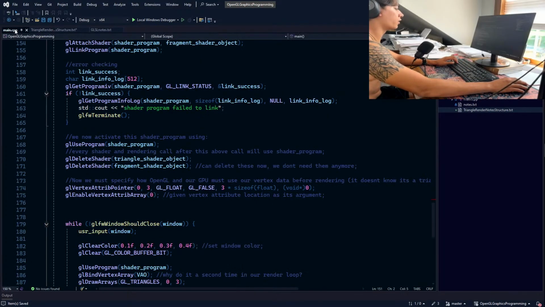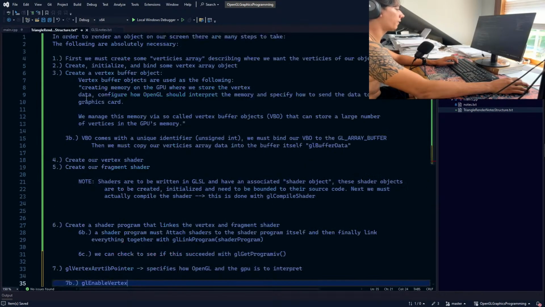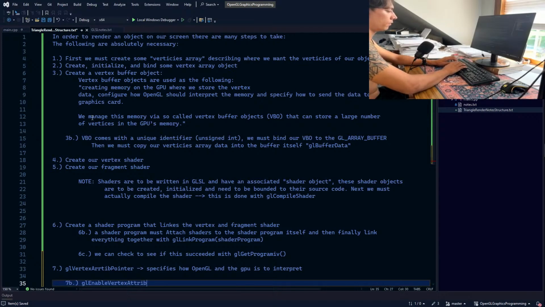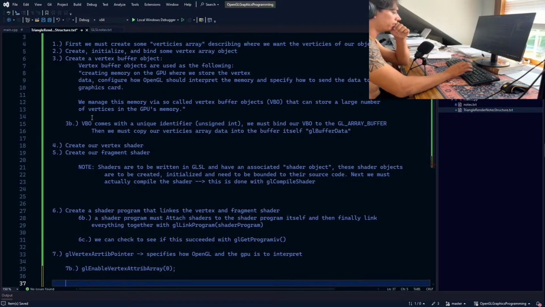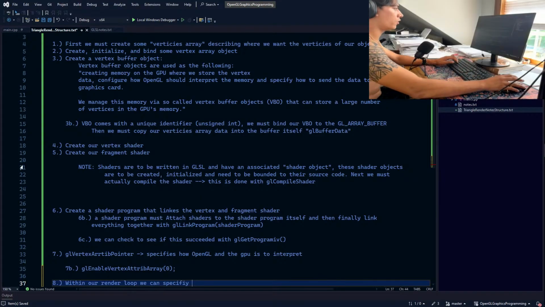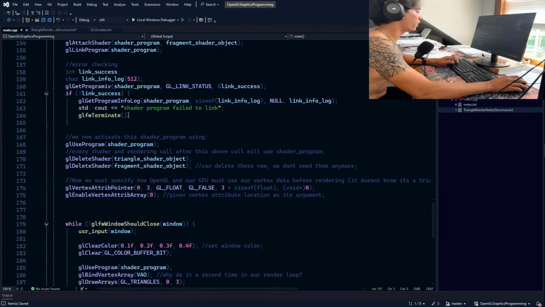It's like enable vertex attribute array. Within our render loop, we are going to specify,